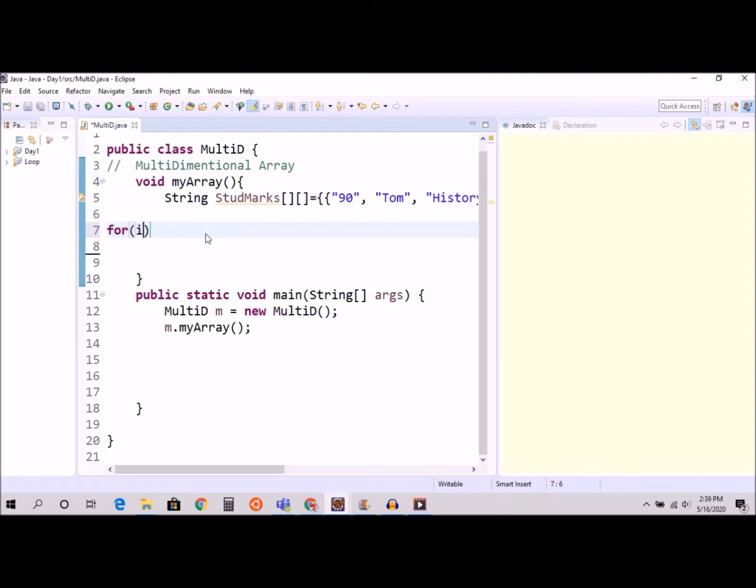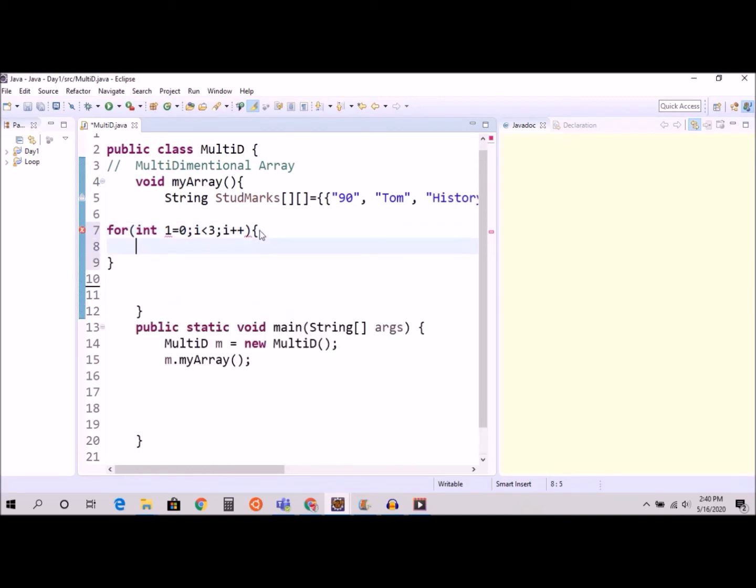So for int i equal to 0, i is less than 3, i plus plus, and inside I'm using another for loop for int j equal to 0, j is less than 3, j plus plus,